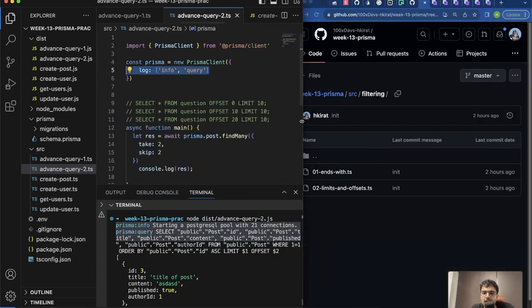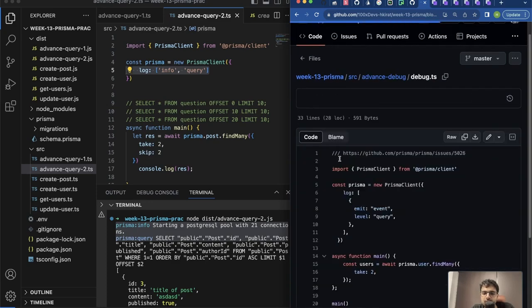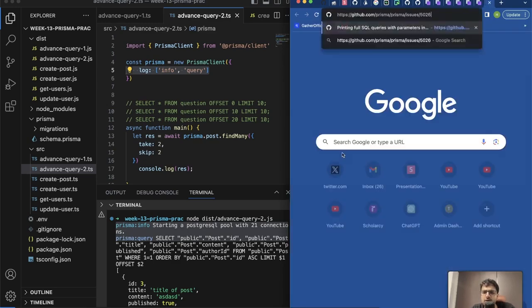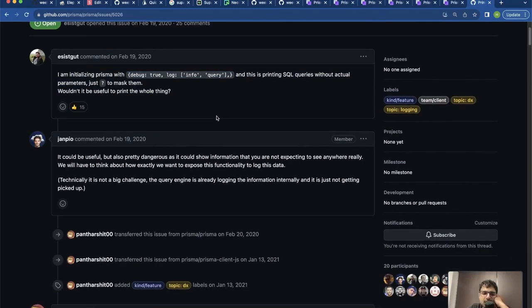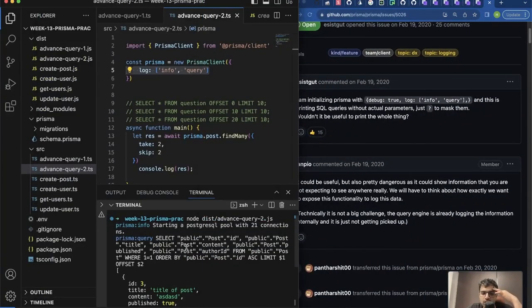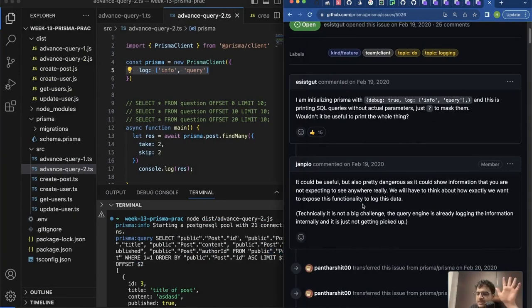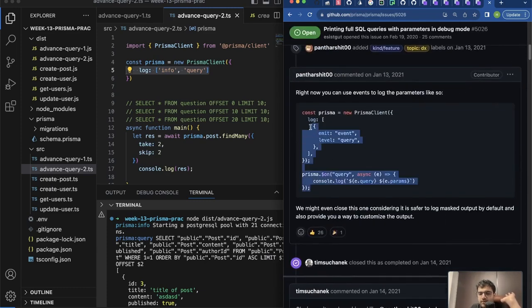So I Googled this. I reached a specific issue on Prisma. Sometimes, even though these are very advanced libraries, they don't have a few features for some reason. After Googling, I reached this, and this guy basically asked for the same thing. And whoever this is, the maintainer, they said, you probably don't want this because a lot of times the values that are here are secrets and you don't want them to be logged, but offset and limit aren't secrets. Maybe something else is. So the Prisma guys took the stance, okay, we are not going to implement this in-house, but if you want to do it, they gave a workaround. That's the workaround I brought, where in this